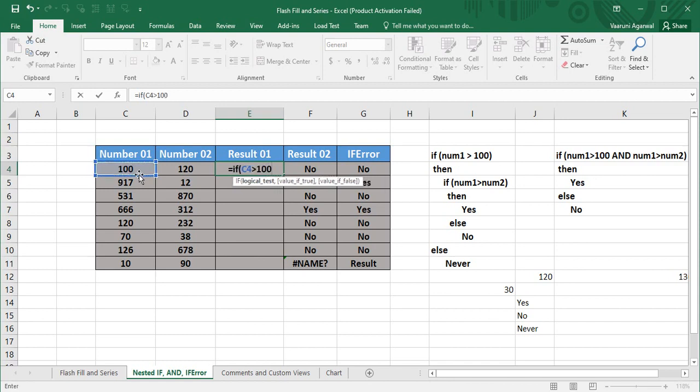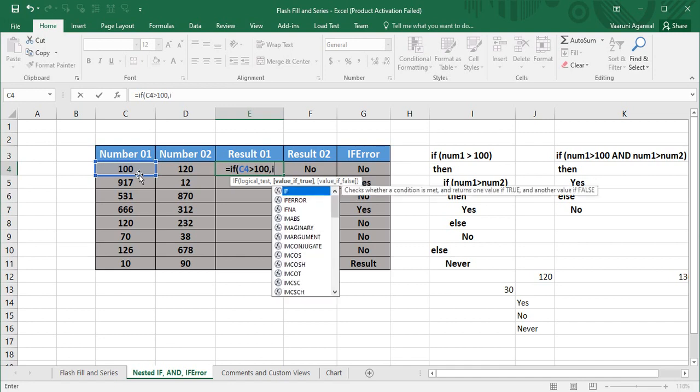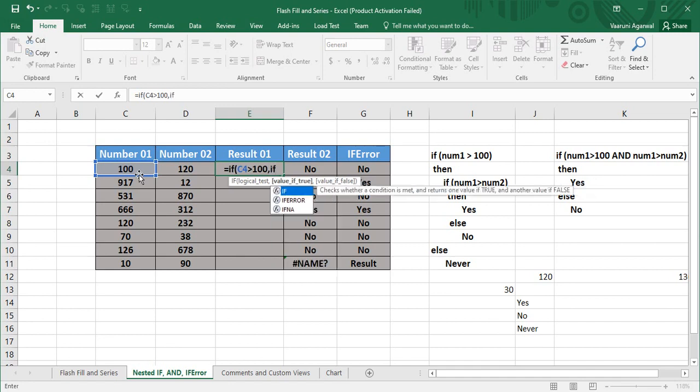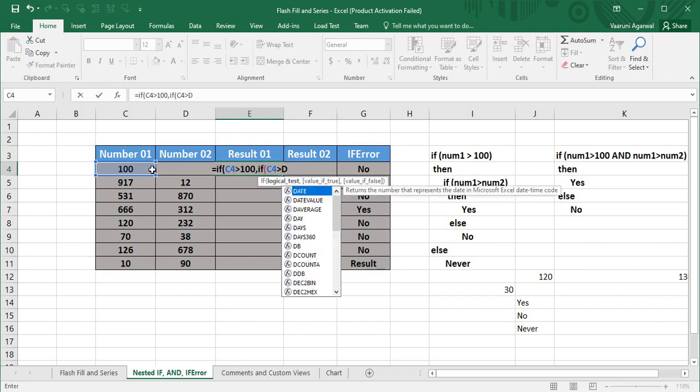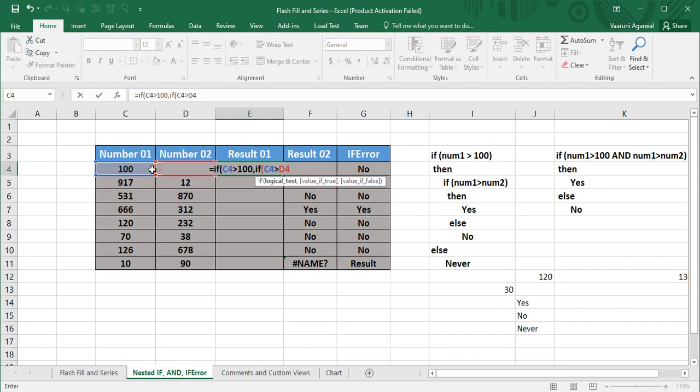If the condition evaluates to true, we put a comma, and we do not want any value, we want another IF function to be executed. So we are again going to write another IF function, open the parenthesis. Here we are going to check the value of num1 again. If it is greater than the value of the second number, that is the contents of the cell D4,